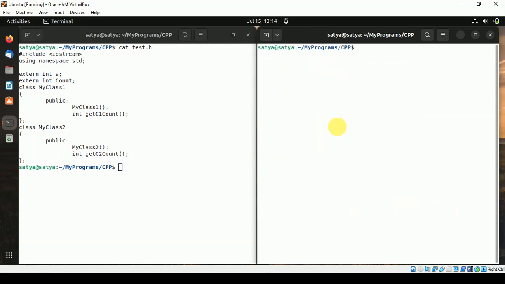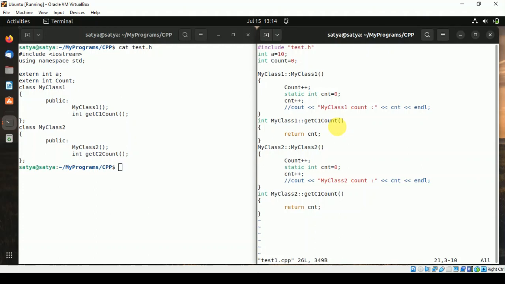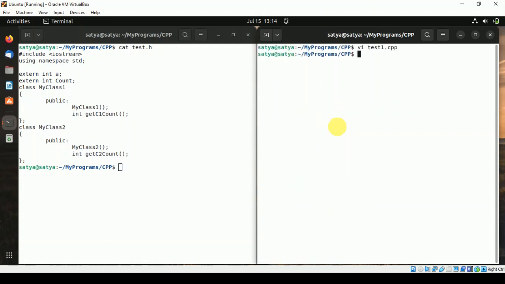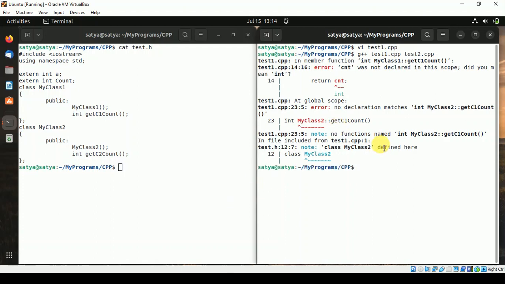So let me check test one.cpp. Yes, correct. Okay. Now, what is the problem we are getting here is CNT. CNT was not declared in this scope. Why? Why are we getting this? Because